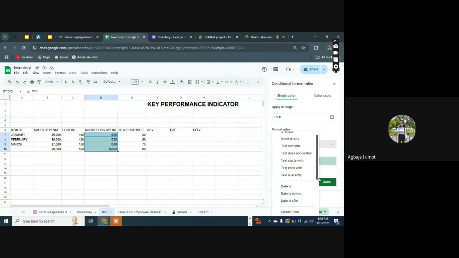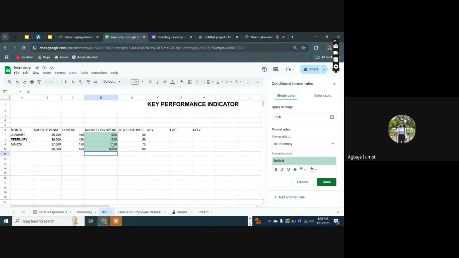You can also create date is. Okay, let me show you something. Let's clean this away. Can you see this? Write something here. Can you see? This conditional formatting can also be used, let's say you want to know the lowest score or the lowest marketing spend, how much you spend on. You can assign your own color to it